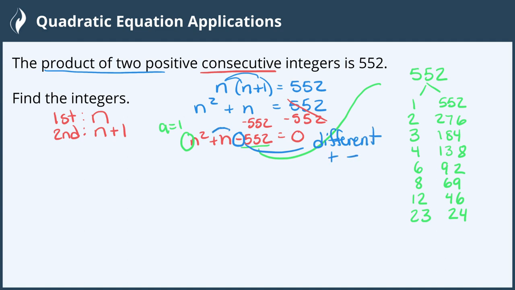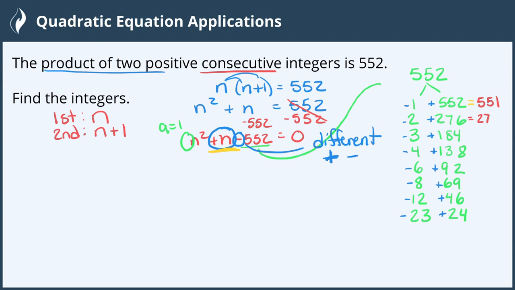Then we look at the sign of the middle term. It's a positive, which tells us that the larger of the two factors will be positive because there will be more positives than negatives. So we can set all of our larger factors to be positive and all of the smaller factors to be negative. And then we will add them together to find the combination to give us a positive 1 for our middle term. So adding these together gives me positive 551. Adding these is